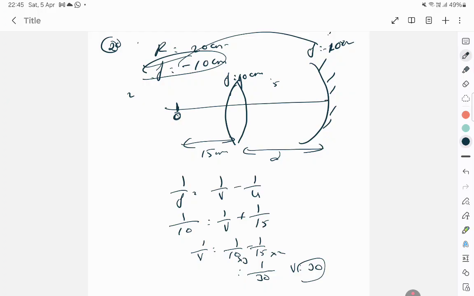Okay, so if it has to retrace, then the first image that you're getting, supposing the object is here, is forming an image at 30. Then this mirror should be so far away that this 30 is the radius of curvature, so that if the object is at the radius of curvature, any ray passing through the center of curvature will retrace its path. It has to come then, which means